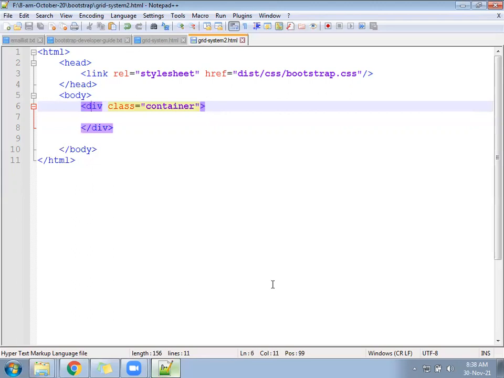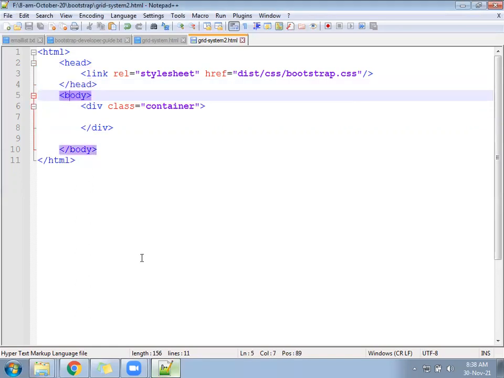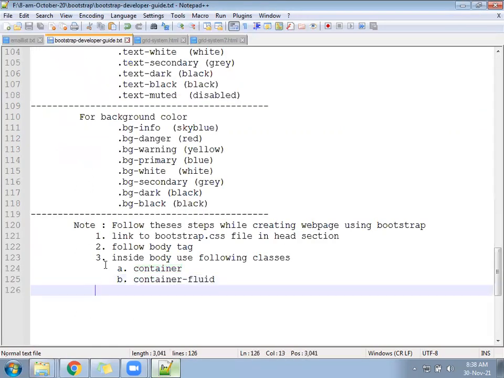That we are going to write under the developer guide. Step number 1 is done. Step number 2 is also done. Step number 3 says inside the body, follow the classes, either container or container-fluid. So we follow container. Let's come down. Step number 4, what should it be?